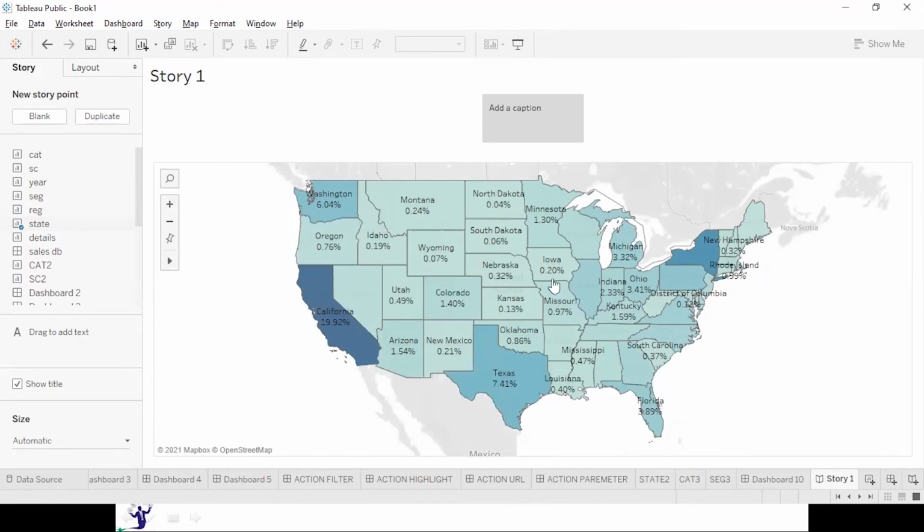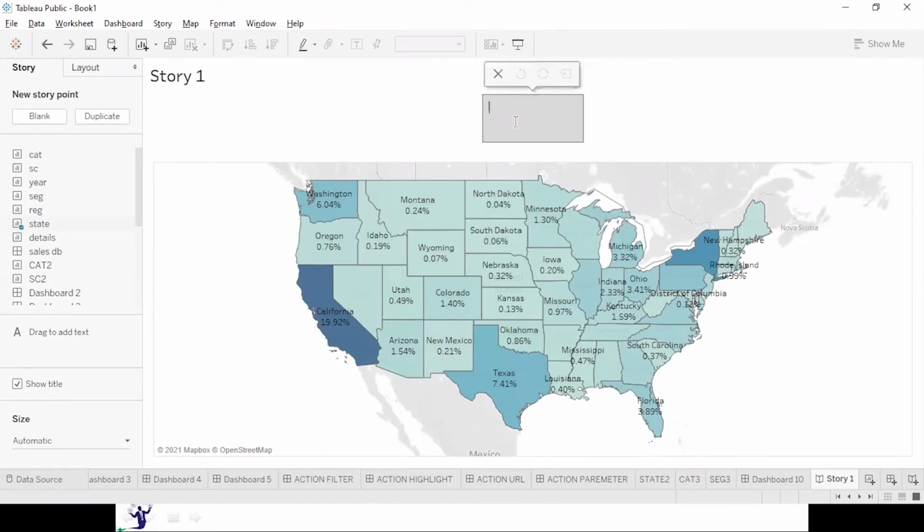Now on the top you can see a small box over here, and this box is known as a caption box. The caption box is used to list something. If you want to highlight something, your comments, anything from your side on this chart, you can put it into the caption box.